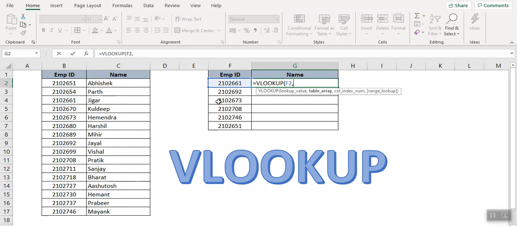Now you have to go to the data from where you are going to fetch this information. So we are going to fetch the detail from the master data. Here also again select the employee ID. We want the name, so drag it to the name. Select all data.